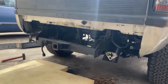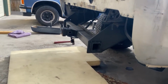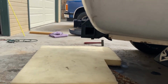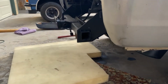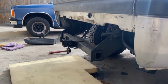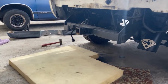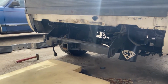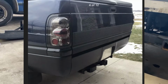We got it turned around and the bumper off, but now we are running into the issue right there. The ad that I bought this off of specifically said that it would clear the trailer hitch with no modifications at all. And the hitch pictured was exactly like this one, and it even said stock hitch. However, as you saw, there is no way that it will clear